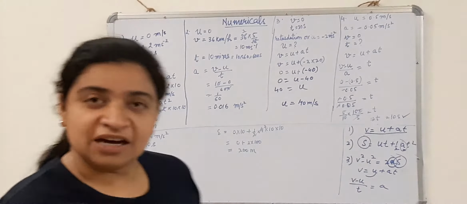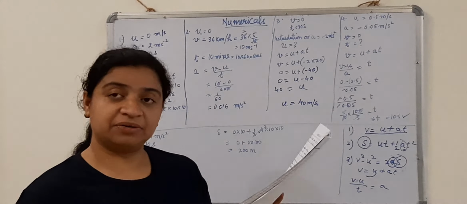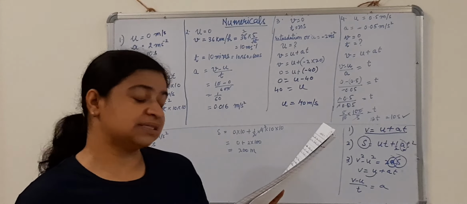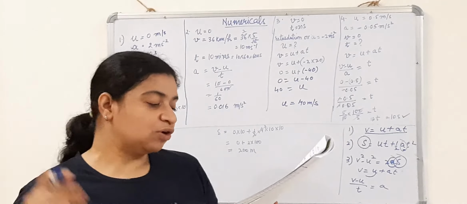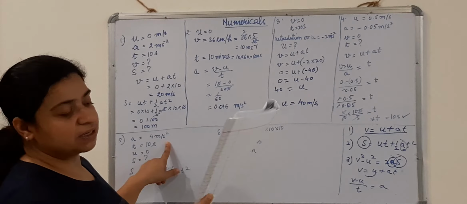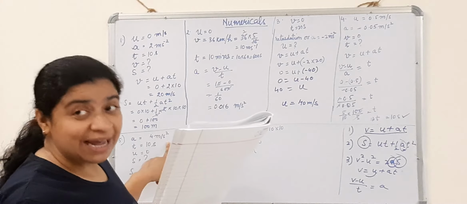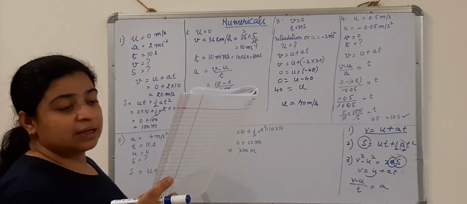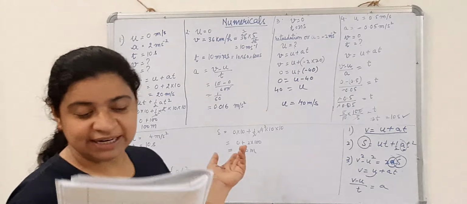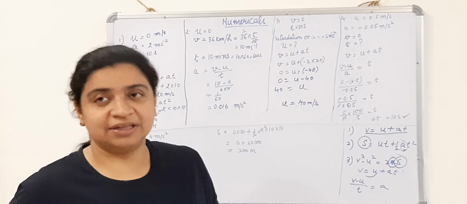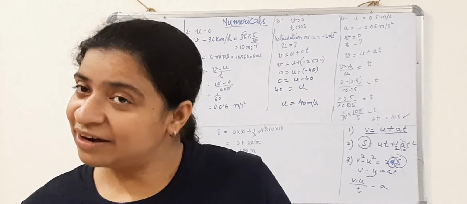Next question, children, the last question. A racing car has a uniform acceleration of 4 meter per second square. Uniform acceleration, that means it is increasing. So we got A is equal to 4 meter per second square. What distance will it cover? So we need to calculate S in 10 seconds. Time is given as 10 seconds after the start. That means before it started, it was definitely at rest.